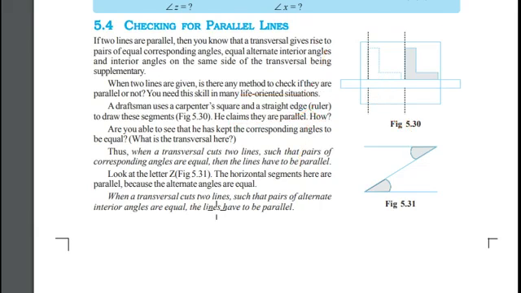When a transversal cuts two lines at two distinct points, such that pairs of alternate interior angles are equal. If these angles, if pair of interior